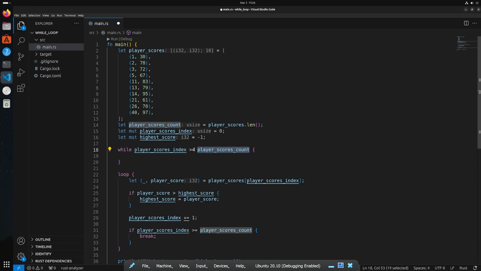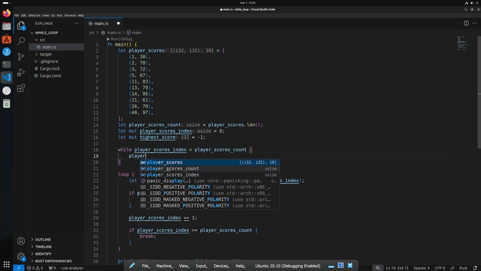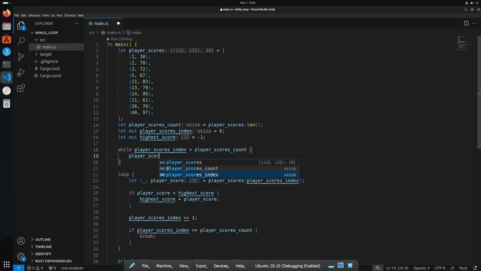So instead, we check for the opposite: we want to continuously run this loop while this index is less than the count. As soon as this index is incremented to the count, we will no longer run any code inside this loop. So let's finish this off by going player scores index plus equals 1